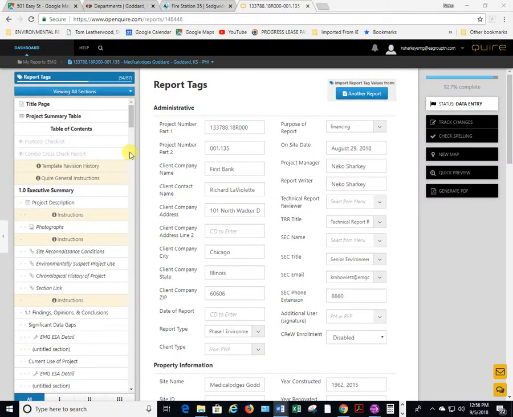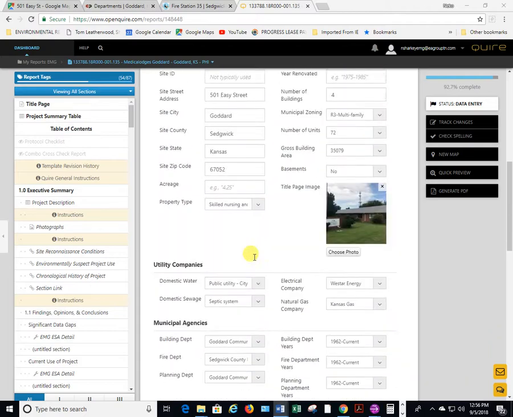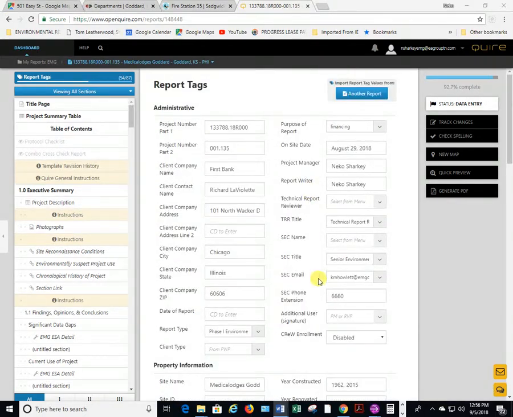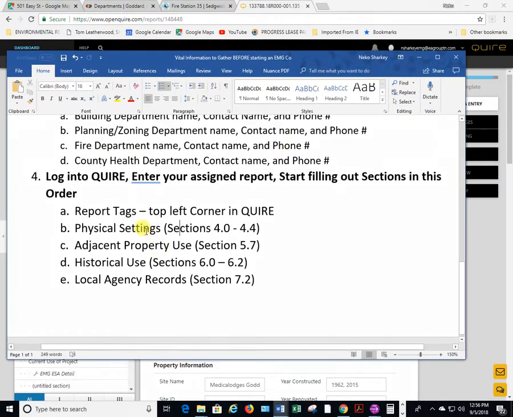We've already gotten done filling out our report tags. We went over that in the previous video. If you have not watched that yet, that is the first step when you get inquired. So please, let's not skip steps. I promise you there's a reason for the order. Okay, so now we're going to, again, the physical settings section